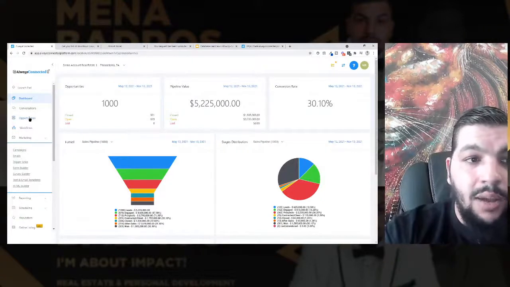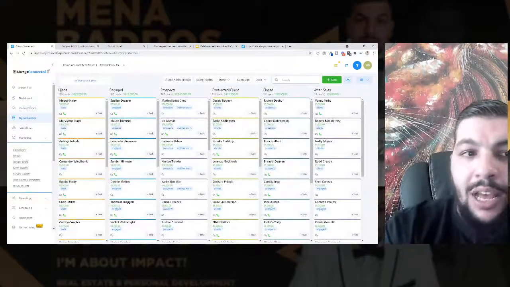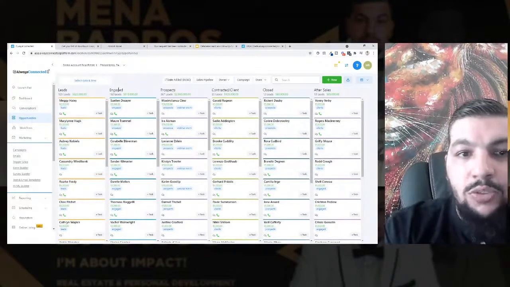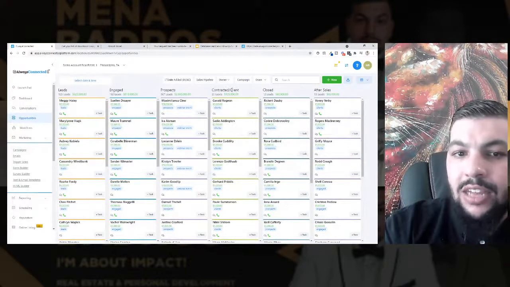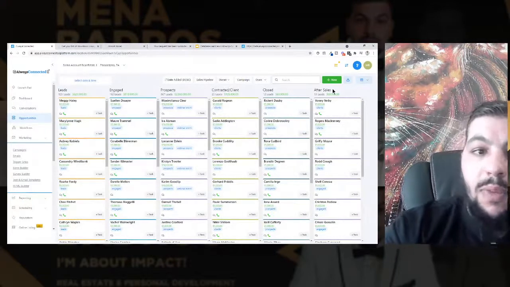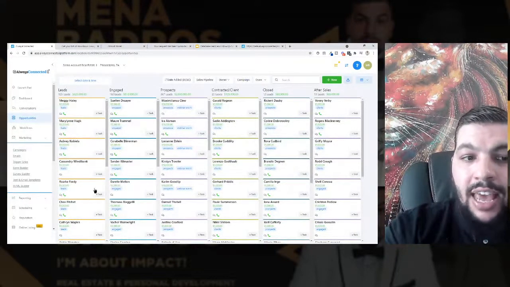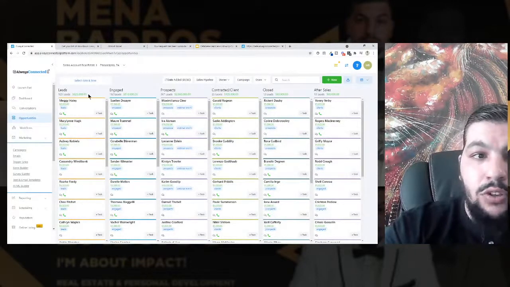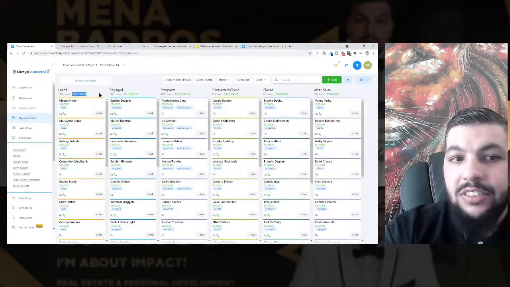And let me show you the opportunities tab. So this is essentially your pipeline, right? You have leads, you engage with leads, they become prospects, then they get contract, then they contract you and they become your clients. You help them close the deal, and then you follow up with them after. And here are basically where everyone is at, and you can see at the top you're kind of monitoring how much money you have sitting at every stage.